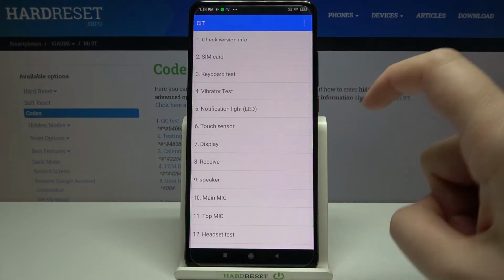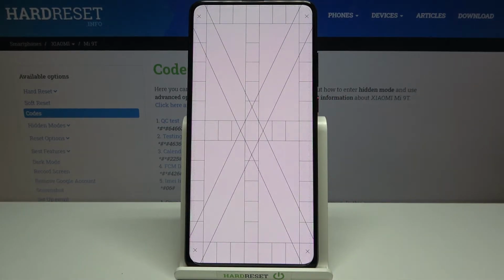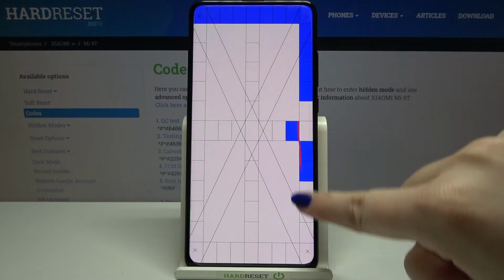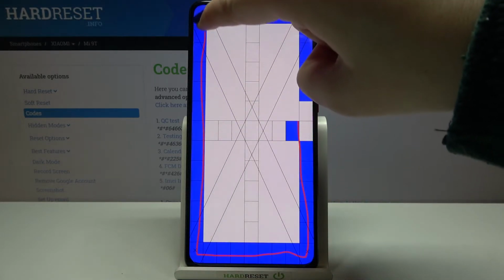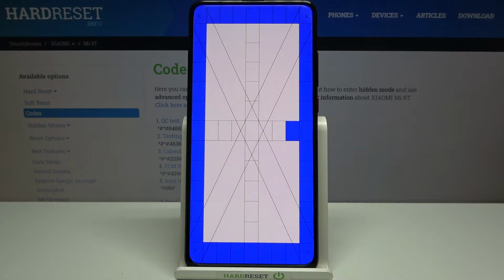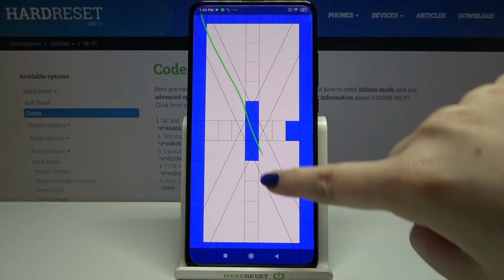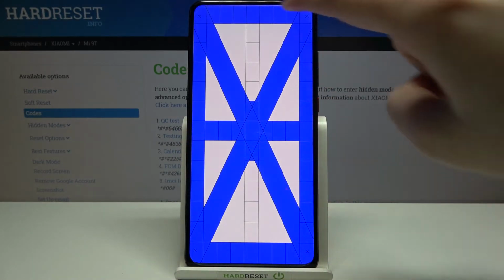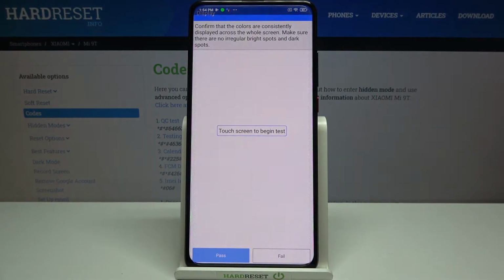So let me pick, for example, maybe touch sensor, and as you can see, here we have to draw the lines in those rectangles in order to check if all the areas of our screen are working perfectly fine. So if you can see that they are turning blue, then it means that they are working. So as you can see, we just passed the test. Here we've got another one, because if you can open another test, then it means that the previous one has